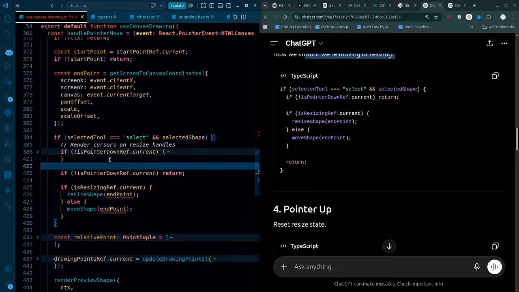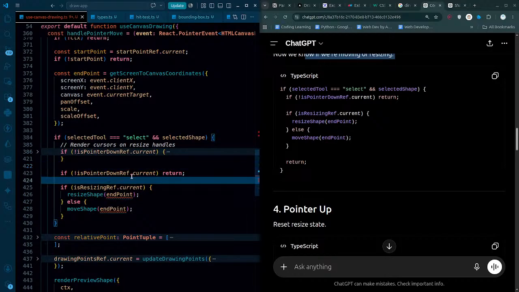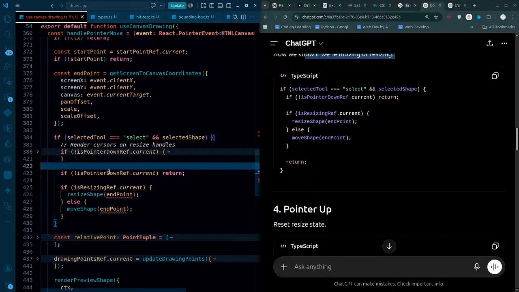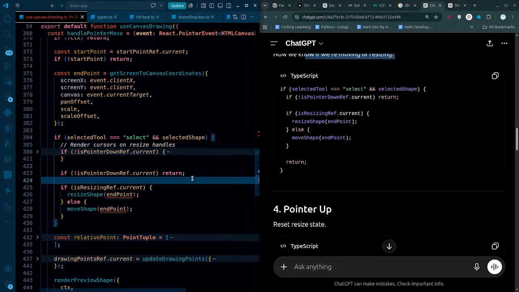I'm just simply keeping it here at the top, mainly because I wanted to make the cursor visible as well, right? If it is on handles, resizable handles. Coming back to this, we are passing the endpoints,